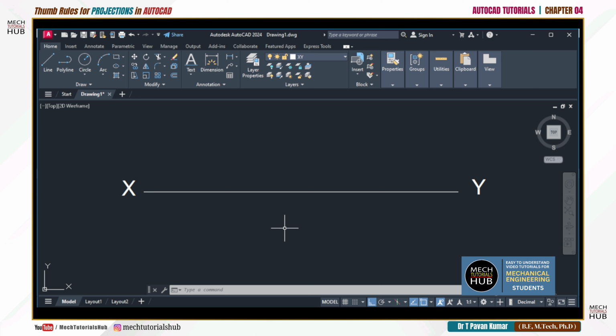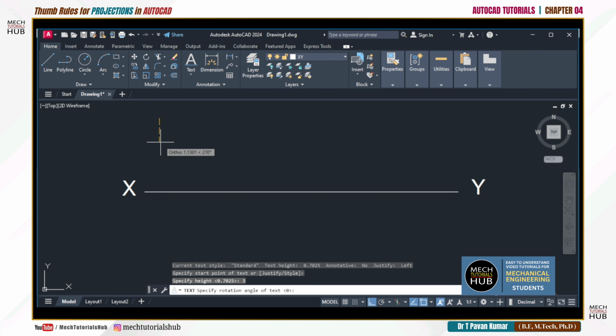All right. So here, what we need to remember are a few thumb rules. If you remember them properly, then things become very easy. For example, if it is a first quadrant system, above the reference line, it is always a vertical plane. Below it is always a horizontal plane. Let me write that. I'll take a text. Here I'll specify a height of maybe 3. Enter. And angle, ortho, I'll make it,